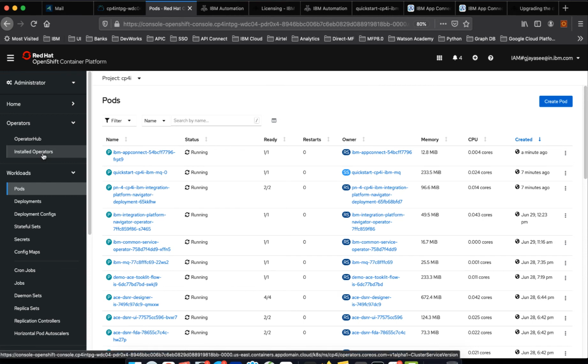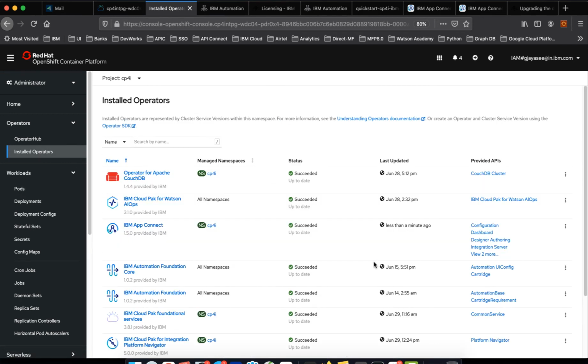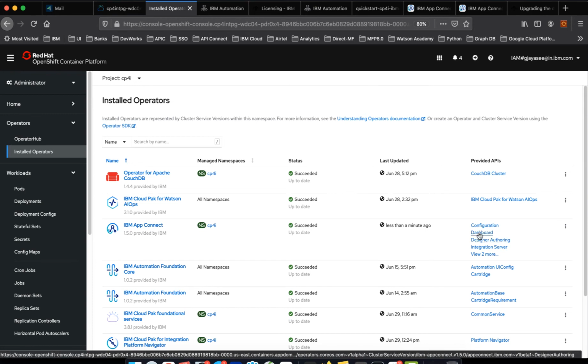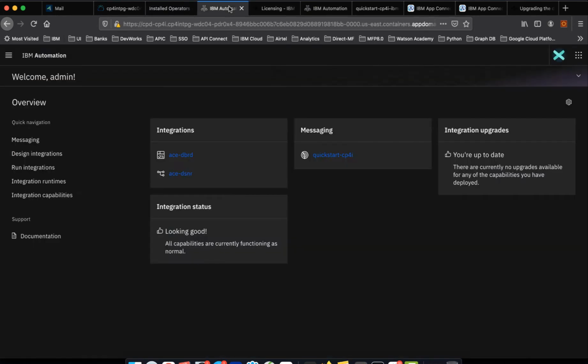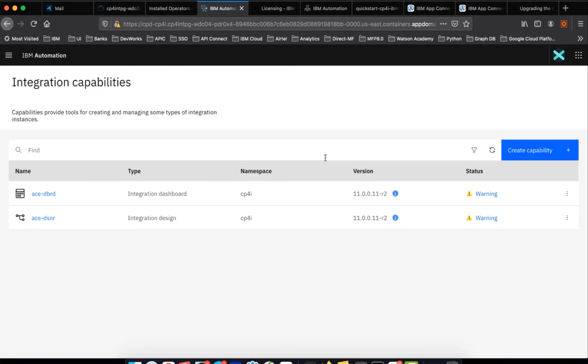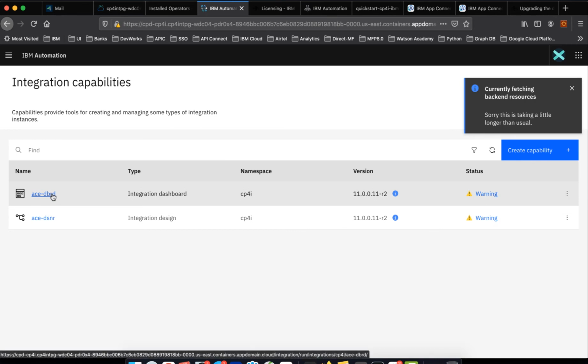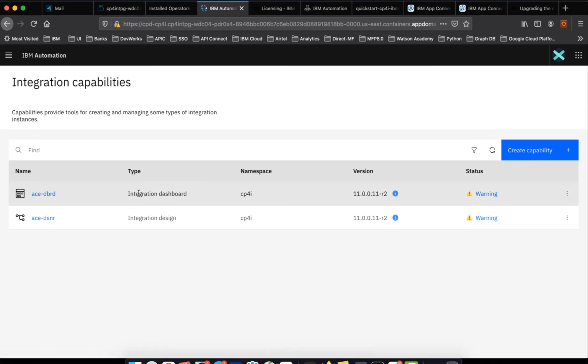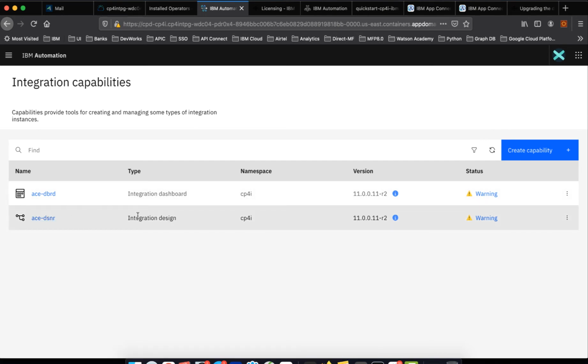Now let us see how we can upgrade the dashboard and the designer. Okay, for that, go to Platform Navigator. That's the easiest way. Click on the integration capabilities. Now you see you have EA's dashboard instances running, and type is integration dashboard, and this is the integration design.